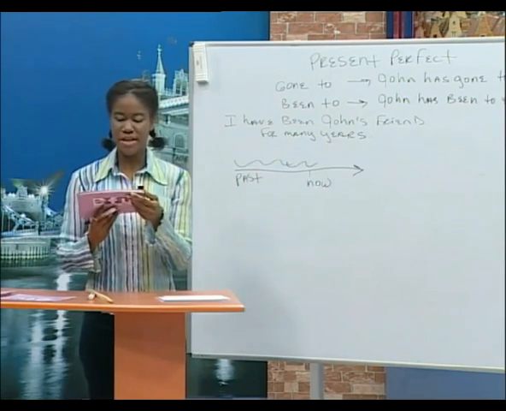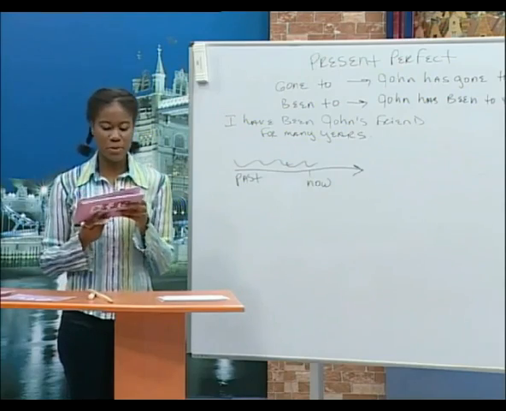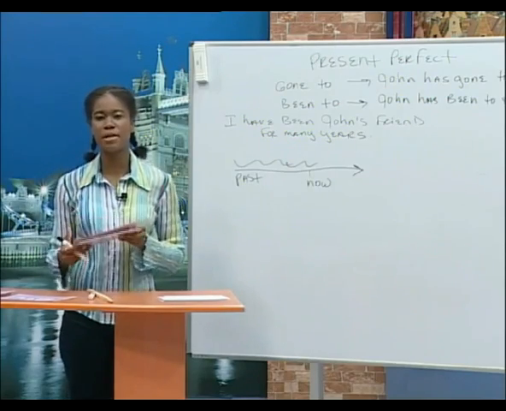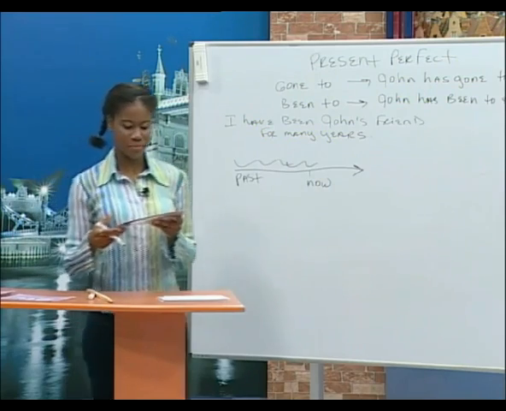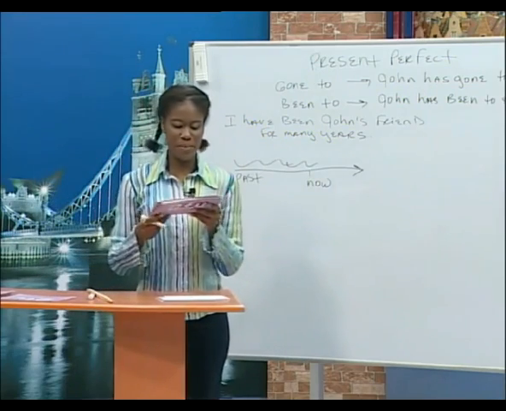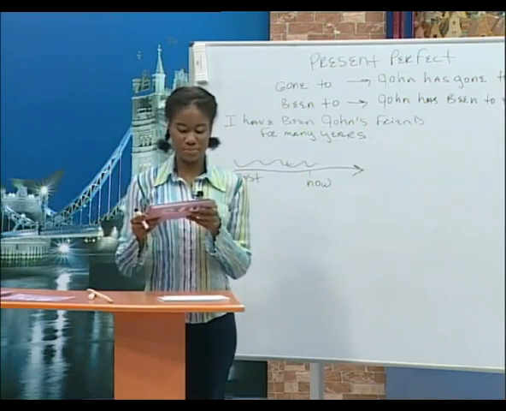Linda, do you understand the present perfect? I understand how to make it, but I'm not sure when to use it. Okay, you must remember that the present perfect shows a connection between the past and now. Okay, let's try. Sylvia, have you been to the theater before? I don't remember. I don't like the theater. My parents like to go. I think I have been there once.